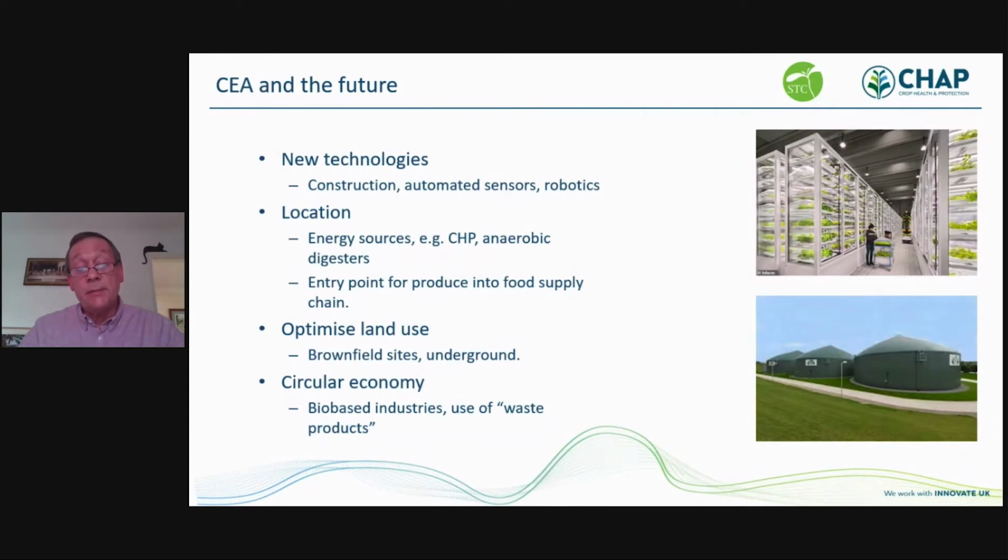And one of the ways of making this type of agriculture more sustainable is looking at the location where some of these facilities are constructed. They can be close to energy sources, such as anaerobic digesters, or they can be close to the entry point for the produce into the food supply chain to cut down on the amount of transport required for the different produce. And as we heard earlier, there's a limit to the amount of farmland that we can have in the world. So optimizing land use is key to this. So we can use brownfield sites for these greenhouses and vertical farms, or we can put them underground as well. And there's a number of vertical farms already being developed